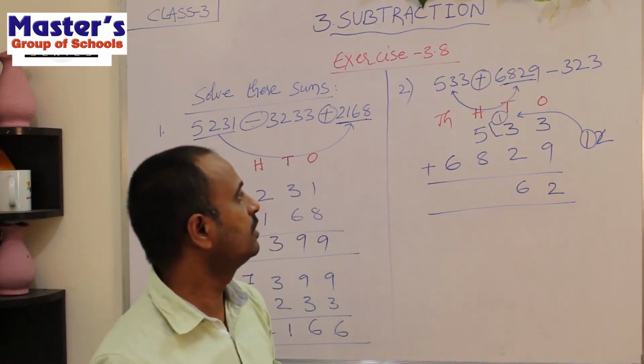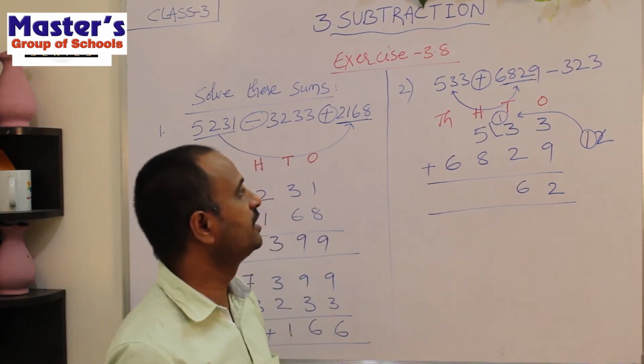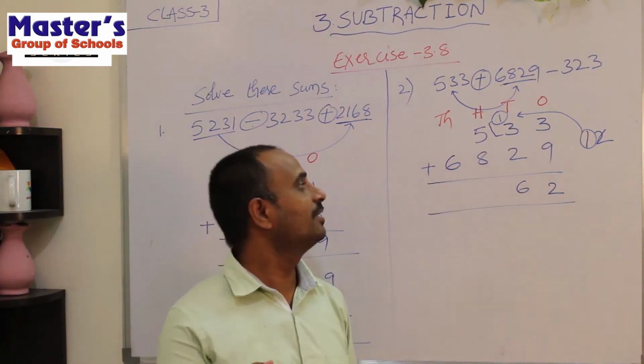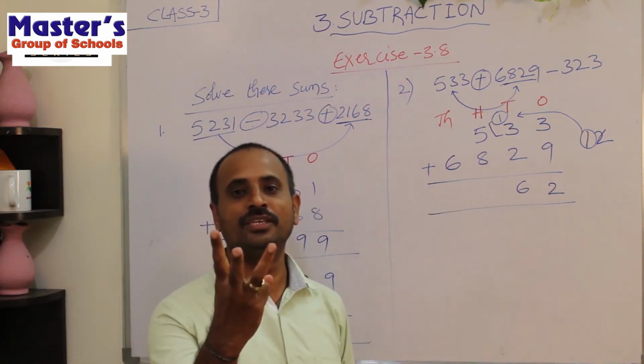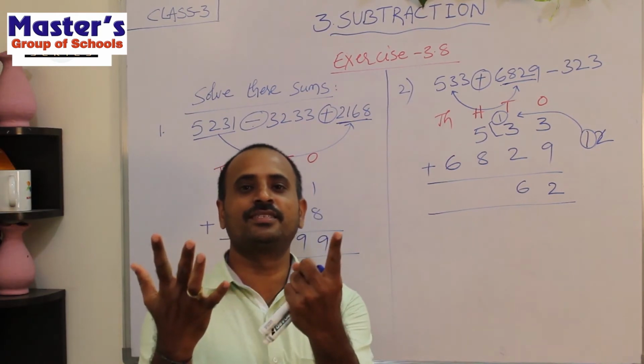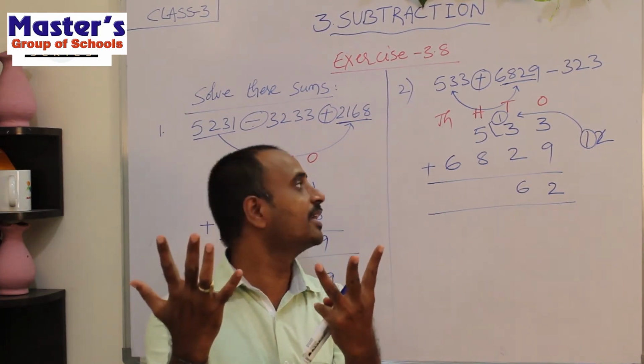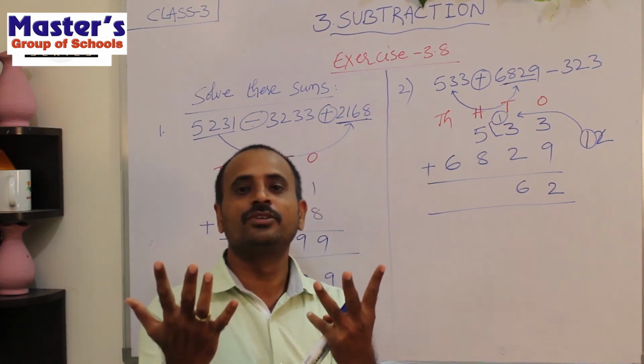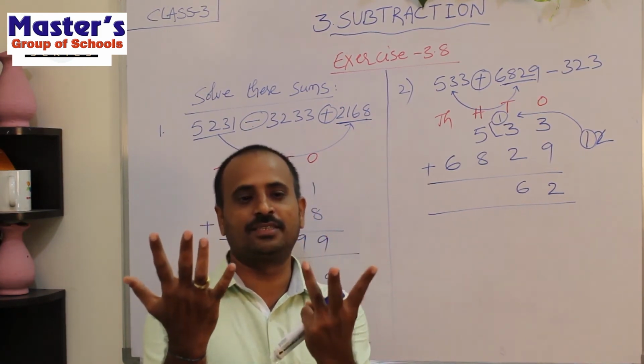Now go to hundreds place. What are the digits in hundreds place? 5 and 8 are there. Take 8 fingers of your hand. 1, 2, 3, 4, 5, and 6, 7, 8. These are the 8 fingers. What is the first number? 5. After 5 we will get 6, so start counting from 6.